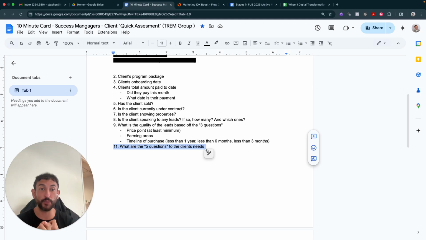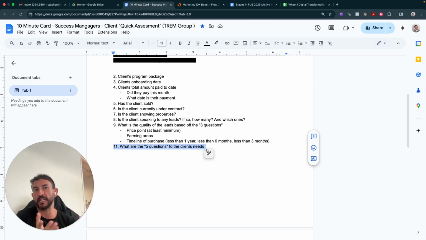First, what is the minimum price point lead a client wants to work with? Second, what is the perfect price point? And you have to tell them the reason we're asking is, oh, I want to sell 10 million, 20 million, is because the client knows what's moving in the market today. Is it houses? Is it condos? Is it 1 to 2? Is it 2 to 4? Is it 5 to 10 in that market? So what is moving right now in the market?